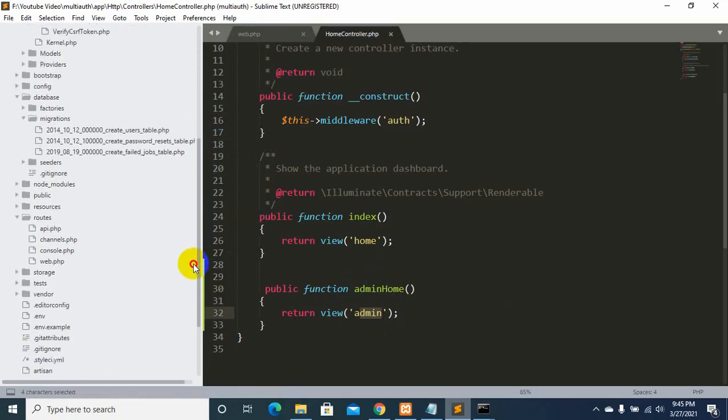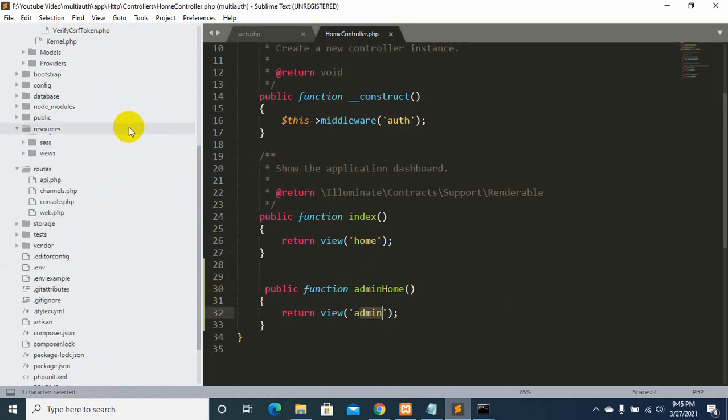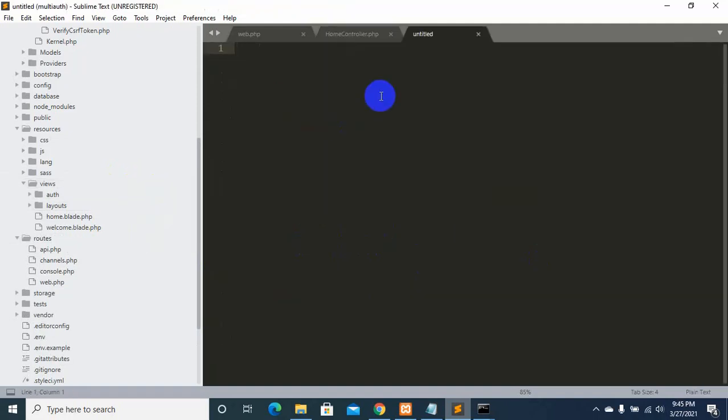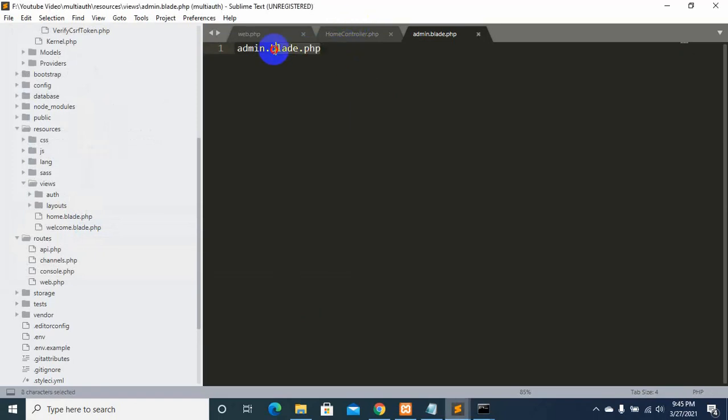So right now we will go inside resources, and over here if we click views, you can see home.blade.php, which will be for user dashboard, and we will create an admin.blade.php. So let's save it. Control S, save.